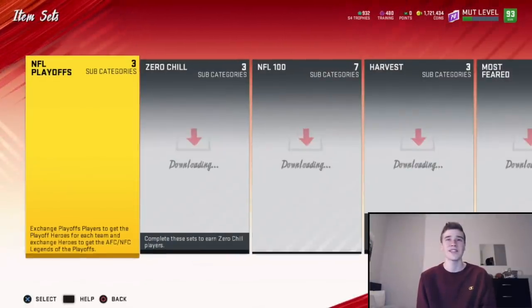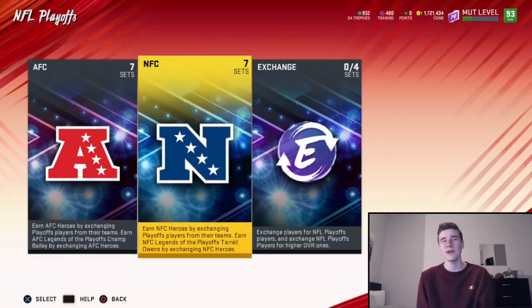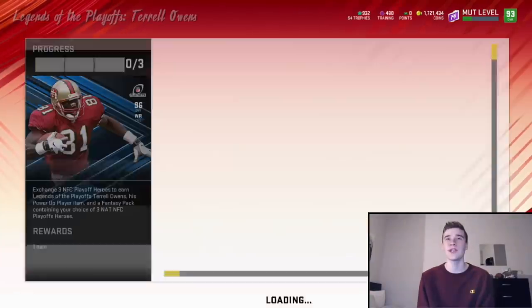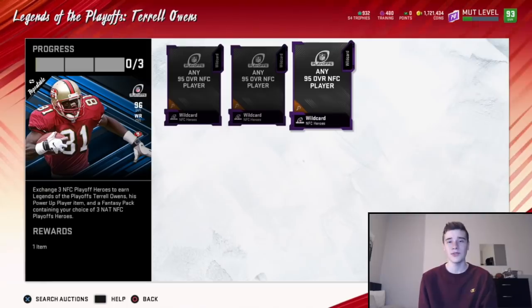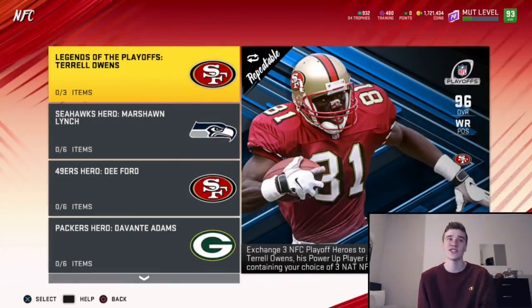this promo. And essentially all I did right here is I did this AFC set. Now, if you want to do the NFC set, in my personal opinion, it is not as worth it, because when you complete the set, what you're going to get is a Terrell Owens, as well as 3 playoff heroes of your choosing. That of your choosing part is really important because you can pick whichever ones are the best players. But when we look at the NFC side, because essentially what you're getting is your choice at any of